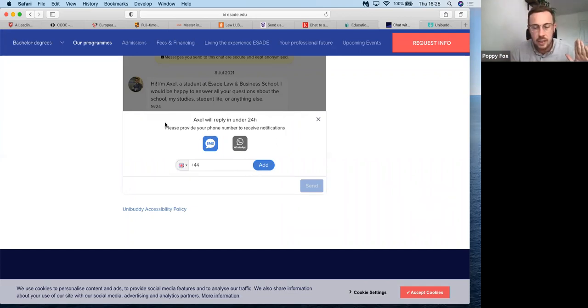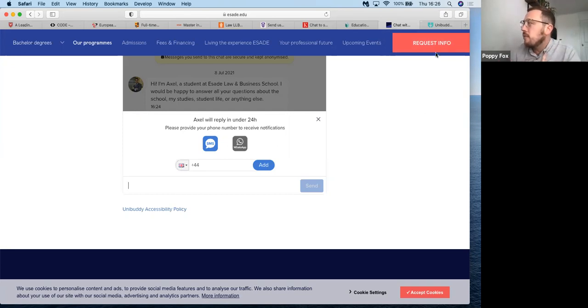And what this means is that your prospective students are very quickly being engaged by a text-based conversation, very similar to WhatsApp, in a format they're familiar with, but having a personalized, real conversation with one of your student ambassadors. So no filling out a form, forgetting about it, getting a templated response back from a member of staff. No, this is a real conversation with a real ambassador, typically within a couple of hours. So in terms of the prospect facing aspect of the platform, that's kind of the highlights.